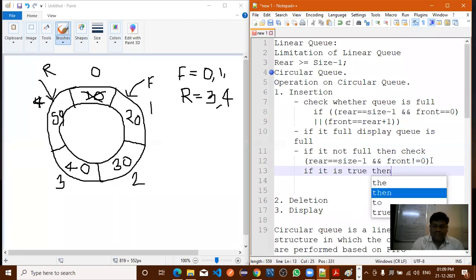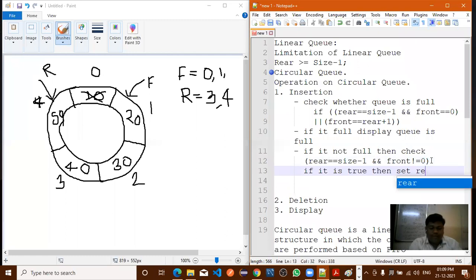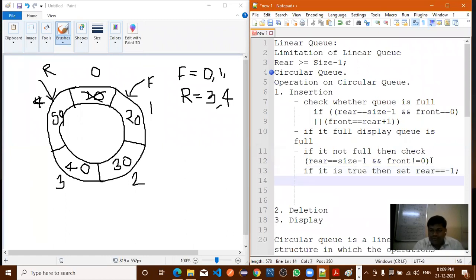then set rear equal to... initially it will be set as -1. Initially we call it -1, but in the next step it is automatically set by -1, right?